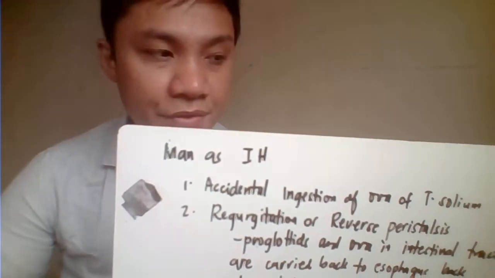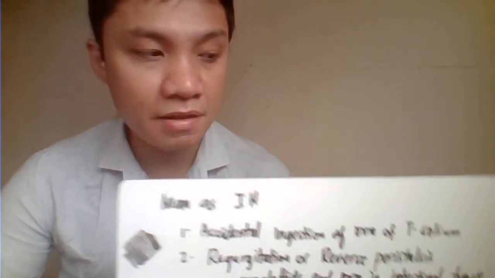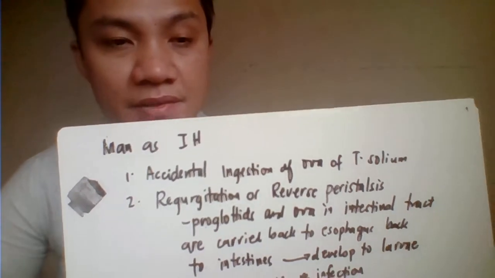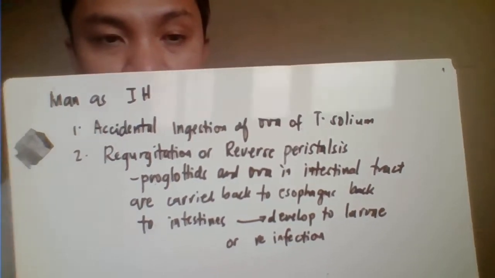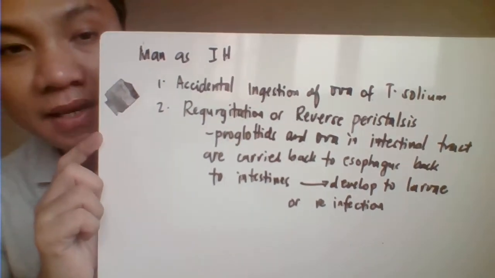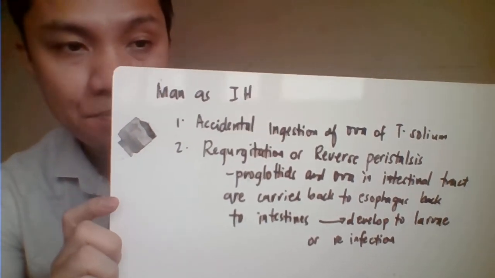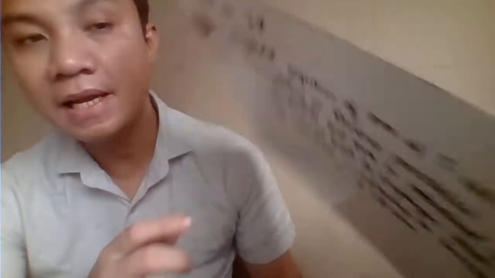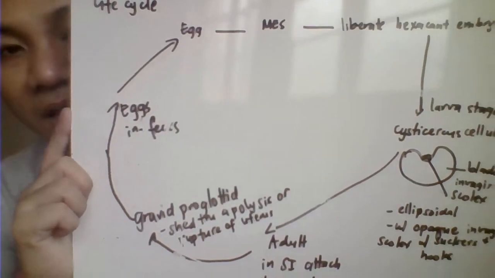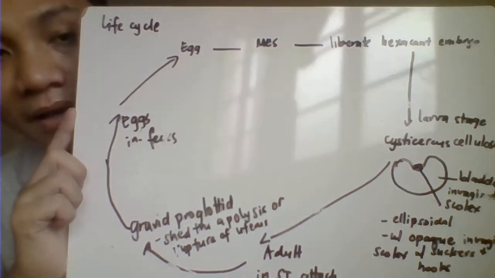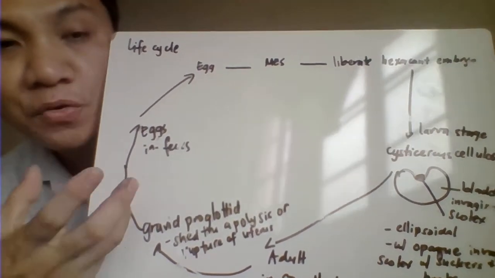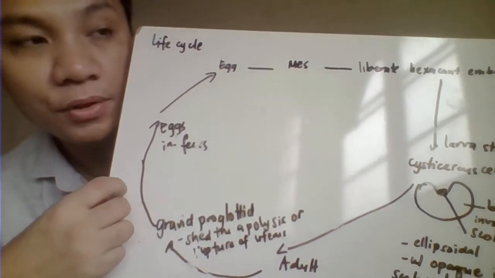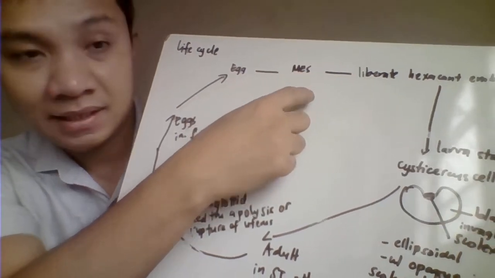Okay, then we have also here another life cycle of T. solium, where the humans serve as the intermediate host. So the first one, we have the accidental ingestion of the ova of T. solium. So basically, this life cycle here is occurring in the pig. On the other hand, once the human, for example, is able to ingest the egg of the